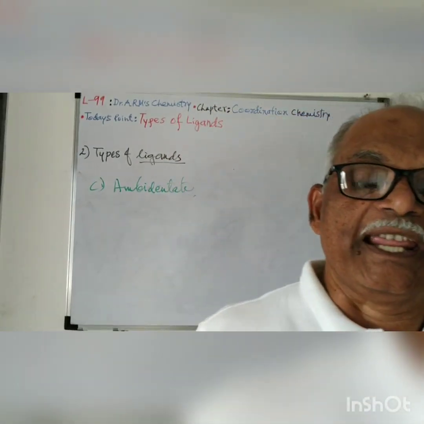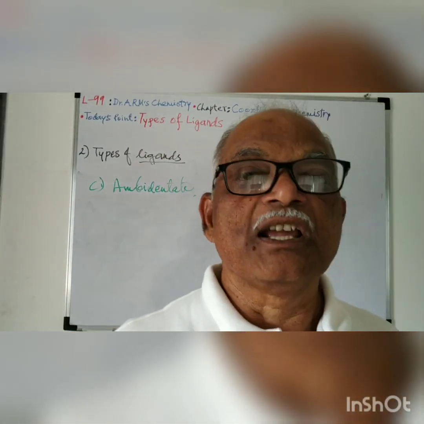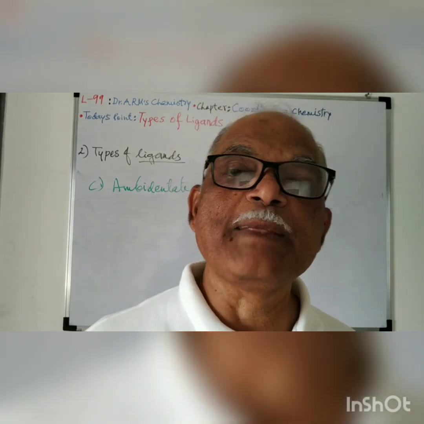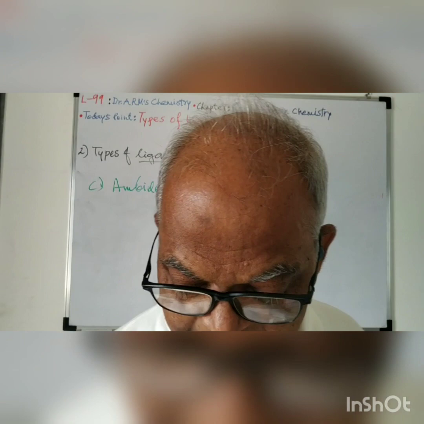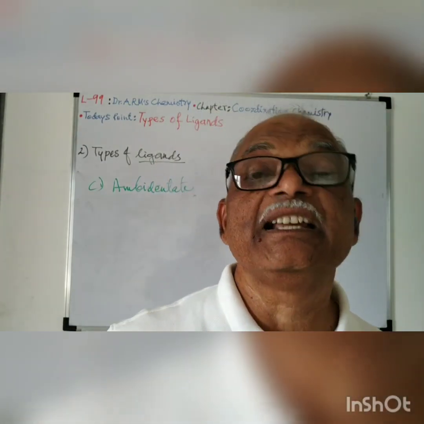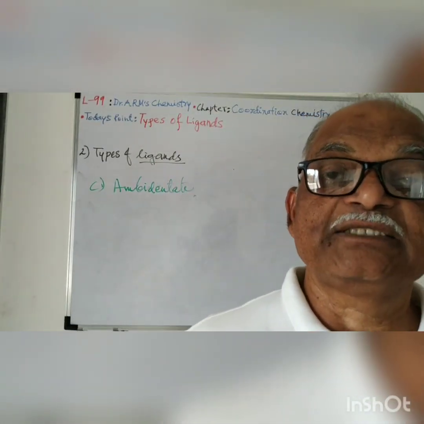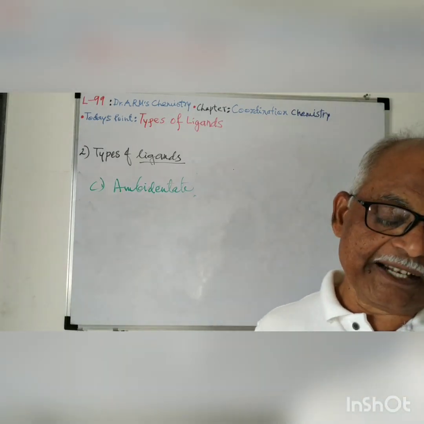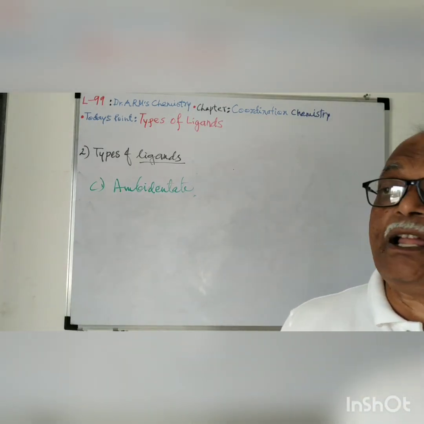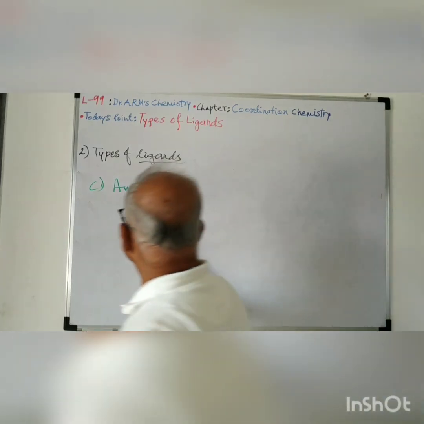But at only one instant it can use only one point of attachment. There is a possibility of use of different atoms which can donate the electron pair. So such a ligand is called an ambidentate ligand. For example,